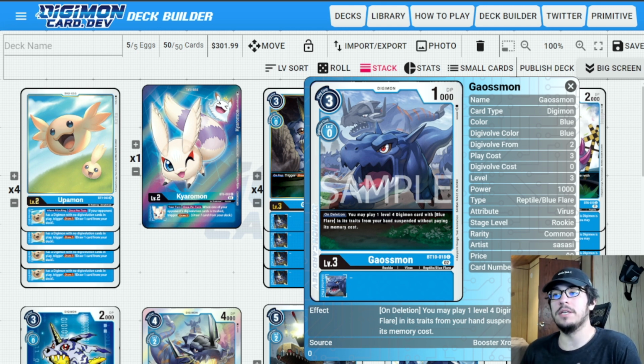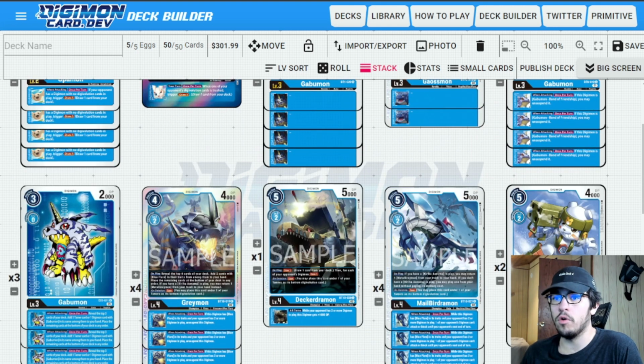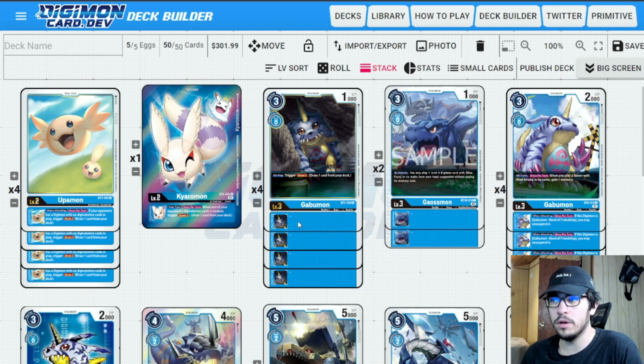as Gabumon focused as possible, so that way we can pair it up with our Matt Ashidas and get as much value as possible. But Gaussmon is still good enough of a rookie to where I did consider playing it. I wanted to play a higher rookie count, and so instead of playing 4, 4, and 4 with the Gabus, I did cut one of the EX1 Gabus, and I had an extra slot, and I added in the 2